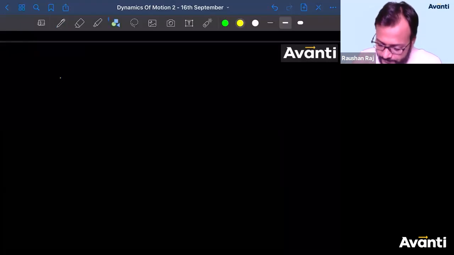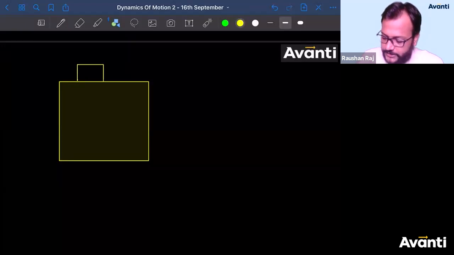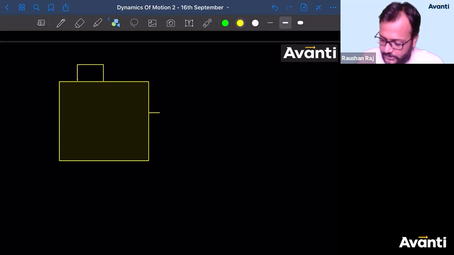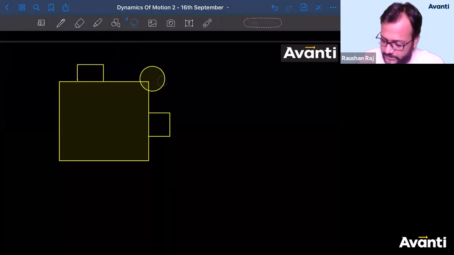Now, एक और अच्छा सा interesting question करते हैं. Let us say this is a block. Now there is a block like this. There's a block like this. There's a pulley. मजेदार है ये, ठीक है? I know most of you will give me the wrong answer.